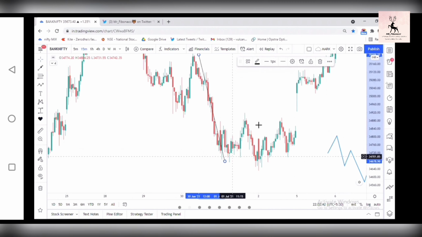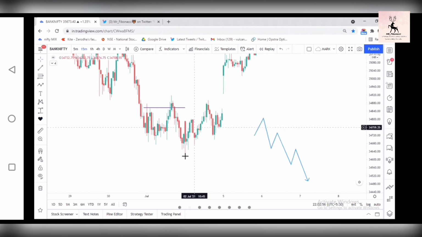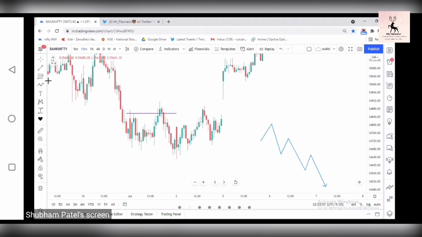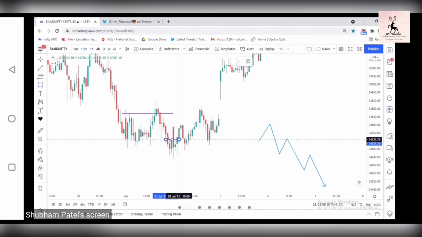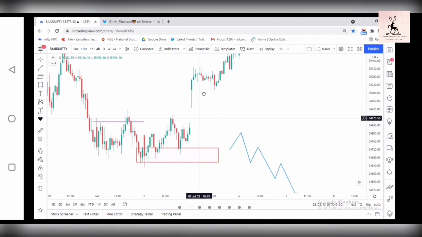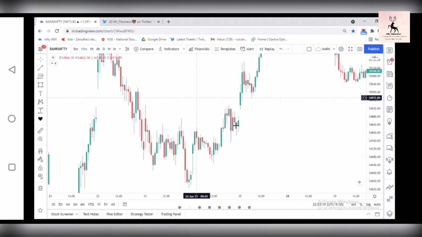You just have to wait to see this type of accumulation before the buying entry. Don't buy the market when it is falling so fast. Just wait there and see the break of structure, and after that your bullish order block will form and you will be able to make an entry.